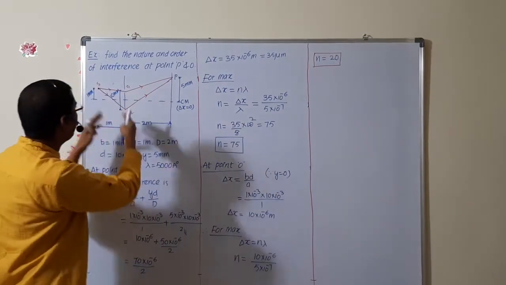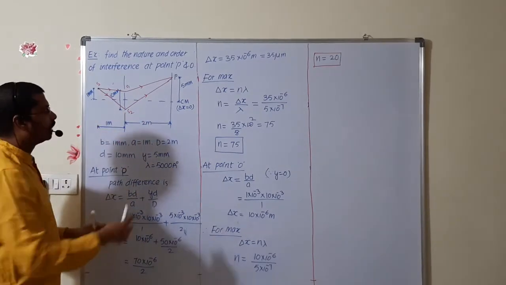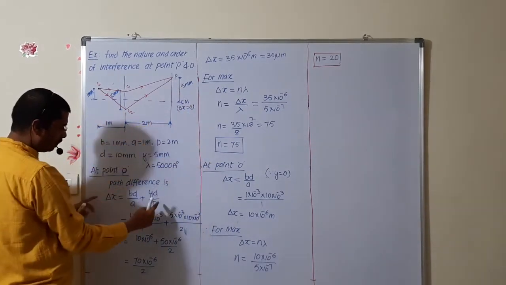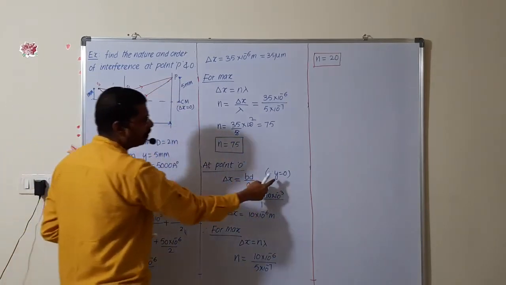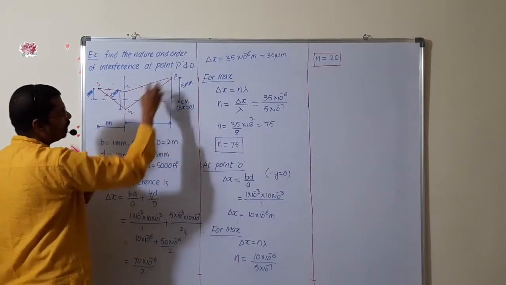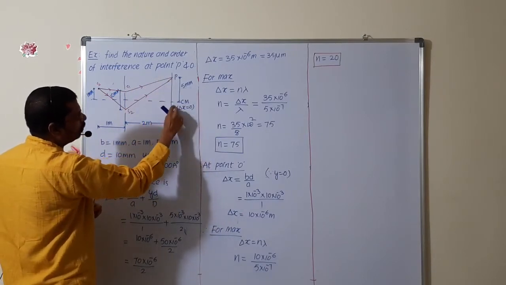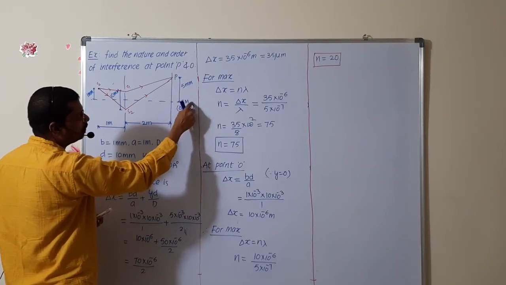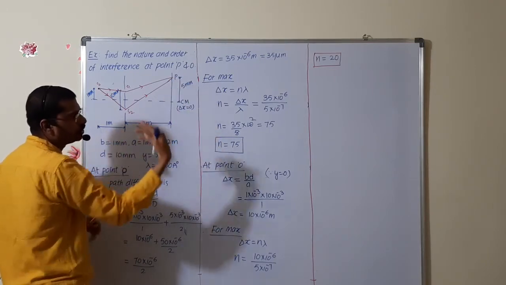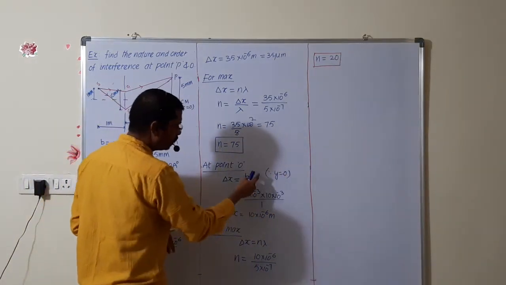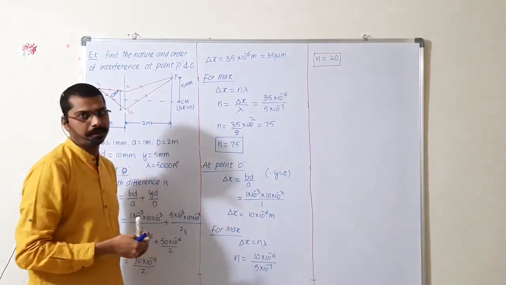Like that only, if you have any sum, we have to solve it by using this condition. Whenever they are meeting at point P, we have to take this condition. At point O, central maxima, the y value is 0. This point is not located here; this point is located at point P. Point O means central maxima. Then what is the distance of P? The distance is 0. That's why the y value is 0. Then the path difference we have to find out: delta x equals BD upon a.